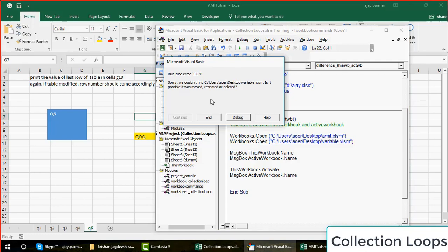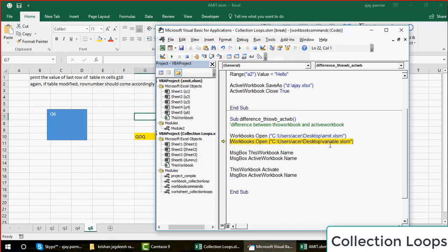So obviously this means that either the file doesn't exist, or maybe it is renamed. When I programmed it, it had a different name. Maybe some days after, somebody changed the name. Reason could be anything, but you should be clear what's wrong. Somehow this file is not available.